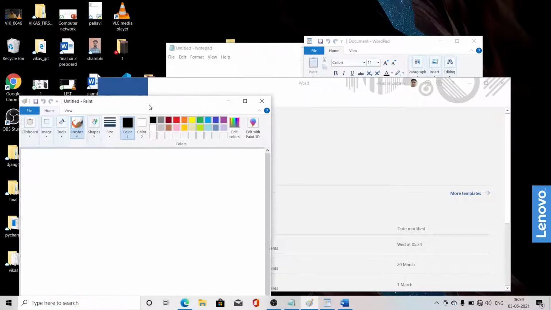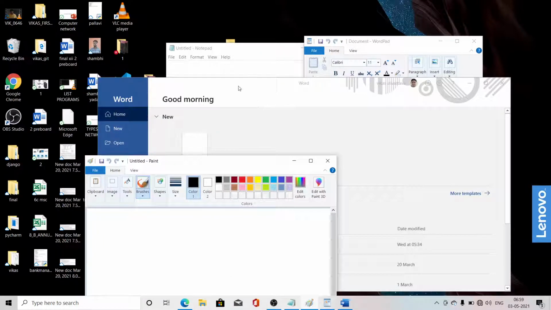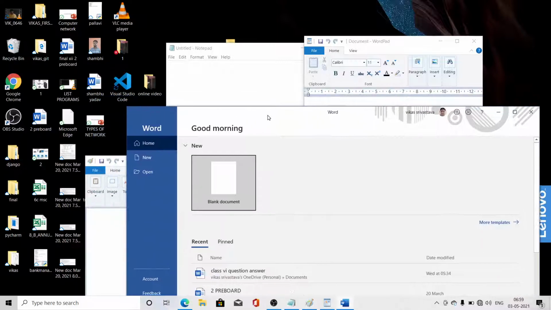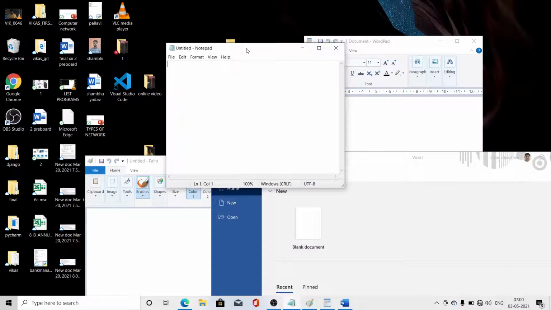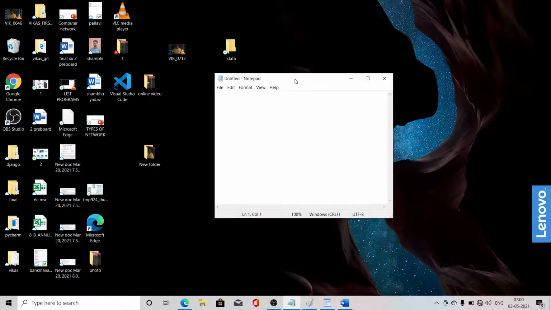Look here, many apps we have opened, and I want to work currently on Notepad. What will I do? I will click the left mouse button on the title bar, hold it, and move it two times here. Look here, I will shake the window.